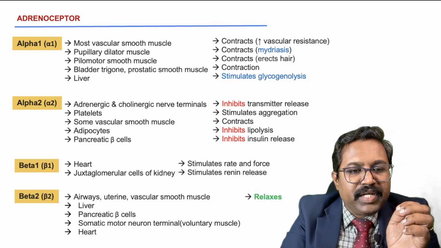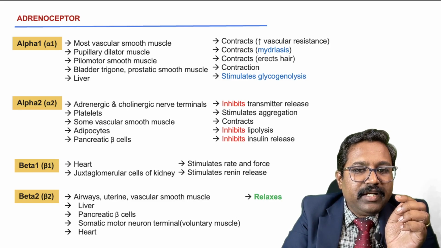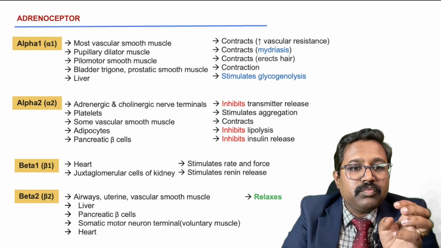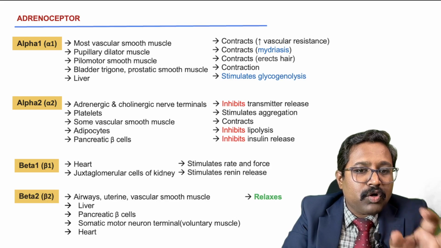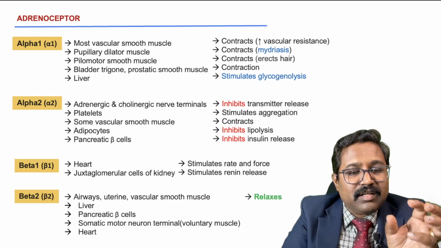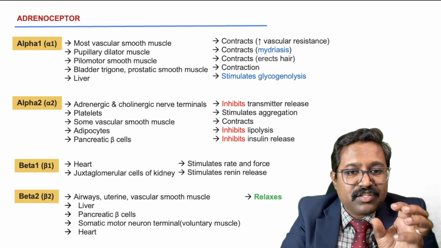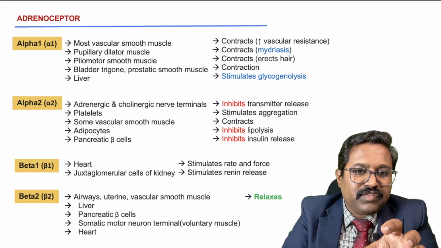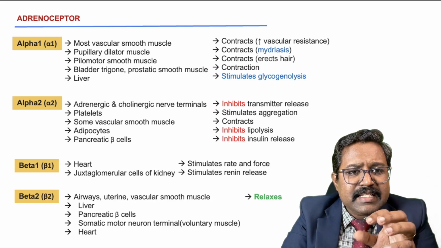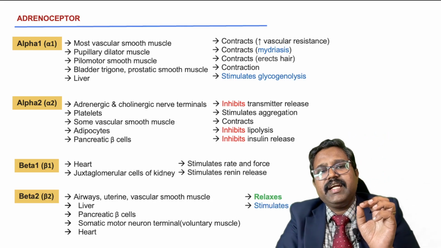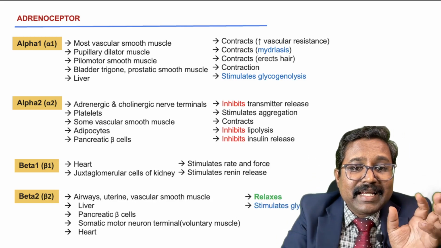So activation of beta 2 receptors will lead to relaxation of the smooth muscles in the airways, leading to bronchodilation. In the uterus, there will be relaxation of the uterine smooth muscles, and there will be relaxation of the vascular smooth muscles, leading to dilation of the vascular system. And in the liver, it is going to stimulate the